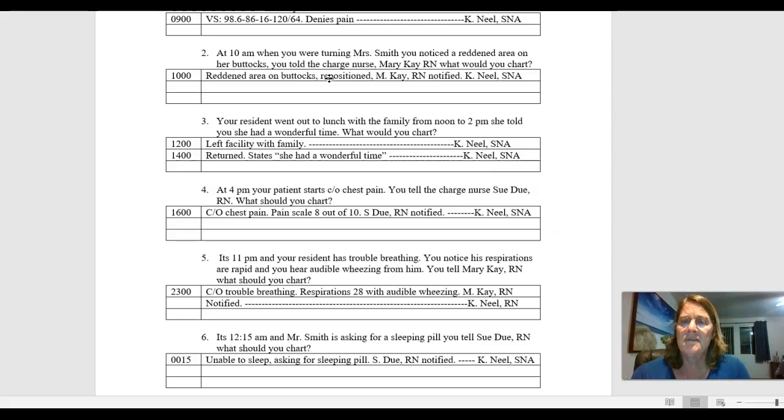The fourth one, it says at 4 p.m. your patient starts complaining of chest pain. You tell the charge nurse, Sue RN. What would you chart? So I put 1600, C/O complains of chest pain, pain scale 8 out of 10, Sue RN notified, first initial,